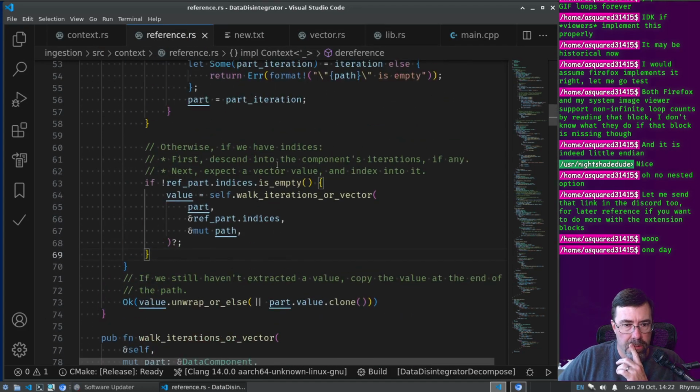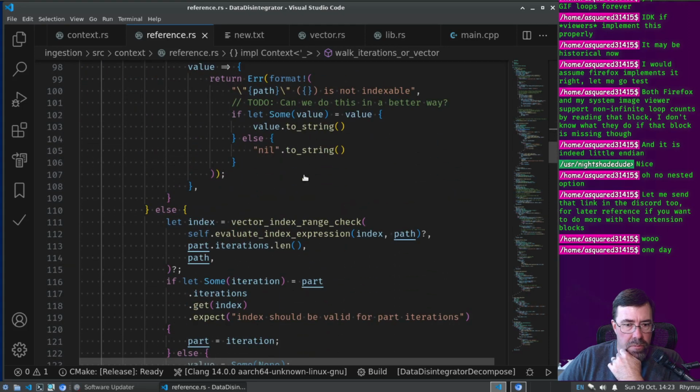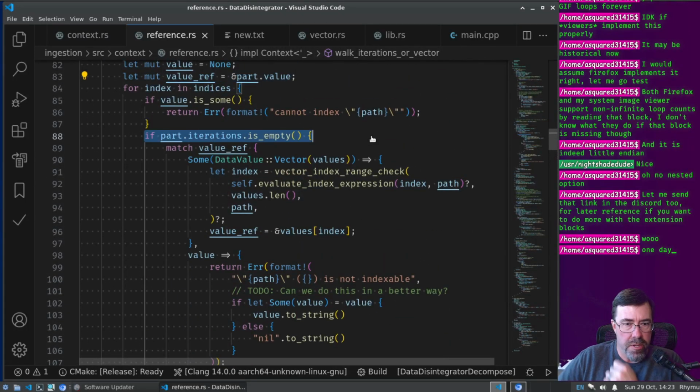Okay, so it's not empty, so we should be going into it. We assign back to value, right? Okay. So value ref starts as the part's value. Oh, we don't want to do that. No, I remember that. Why? We only want to go into the value ref if the iterations is empty. If the iterations is not empty,